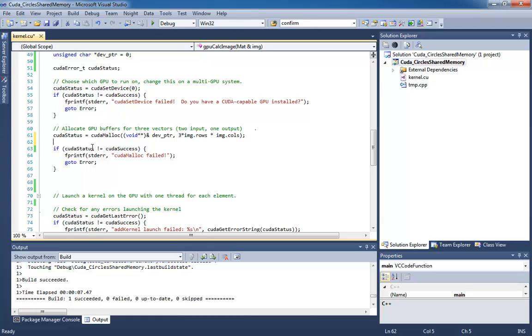Then I'm going to test to see if the allocation failed. If the allocation failed, CUDA status will not be equal to CUDA success, and I basically print out that CUDA malloc failed and I go to the error. Now that I have allocated my memory, now I need